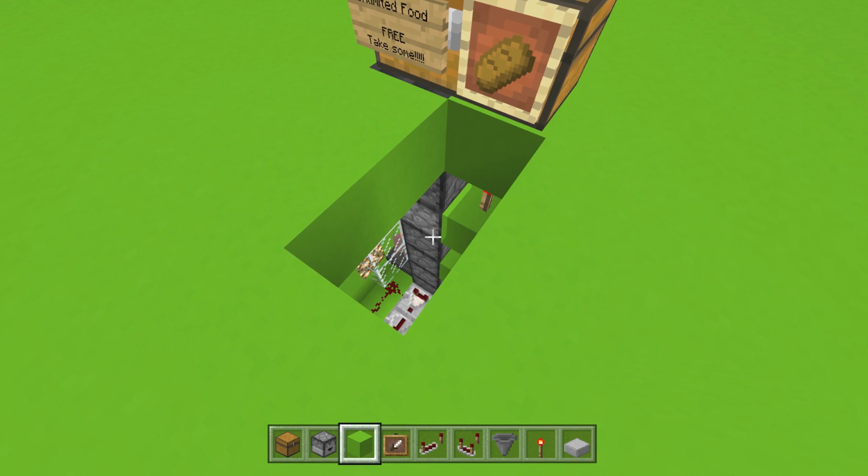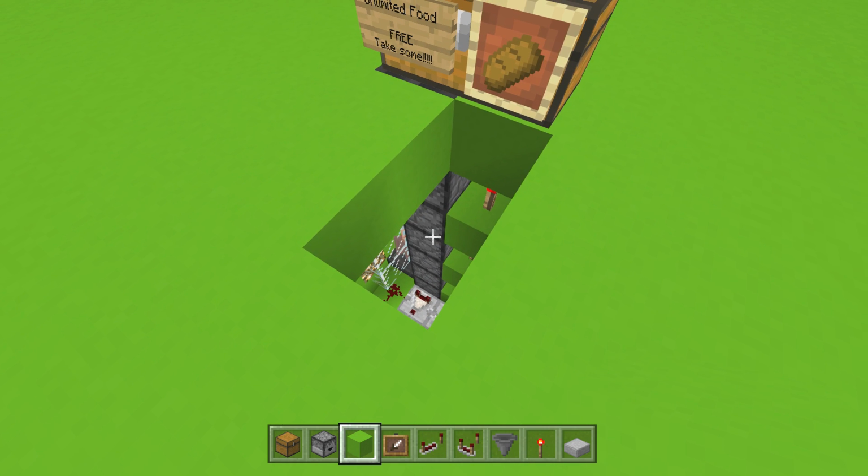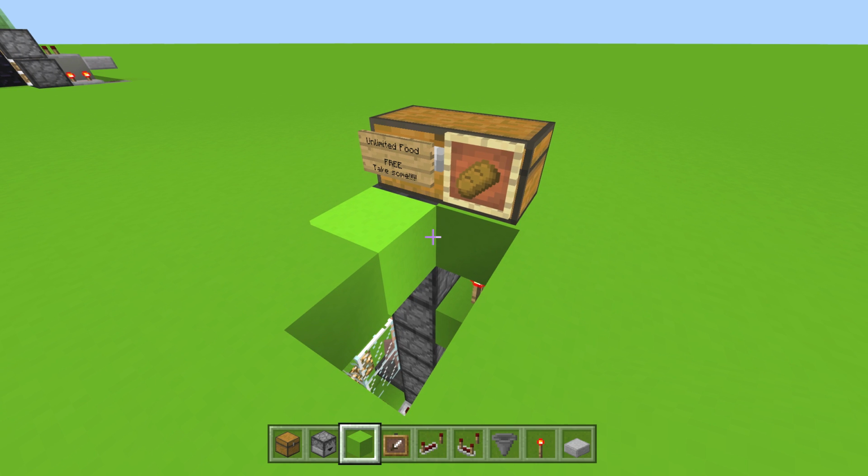So as you can see, there are some villagers, and they're glitching where they constantly throw bread and it keeps duplicating and